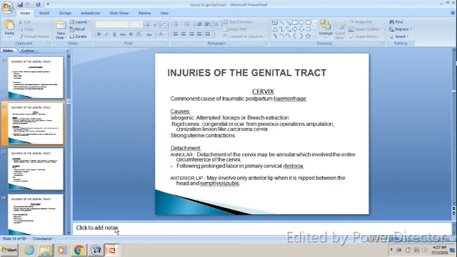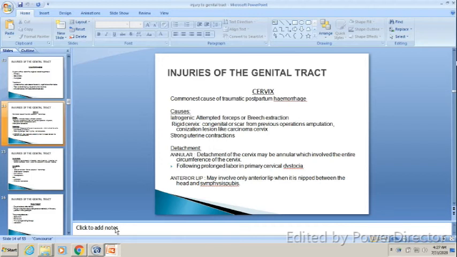What happened during the delivery of breech? The buttocks are the soft part, and it does not get proper dilatation of the cervix. So the buttocks and the trunk will come out early, before the full dilatation of the cervix. And what will happen? The head gets stuck over the cervix as it is not completely dilated, and to deliver the baby, we will pull the baby out. In that case, during the delivery, the cervix can tear.